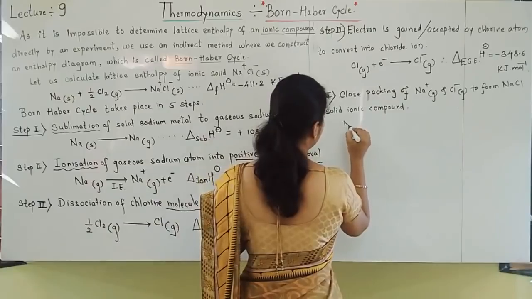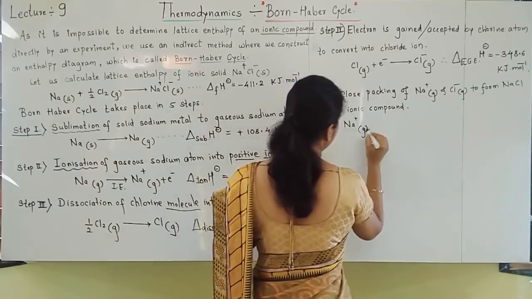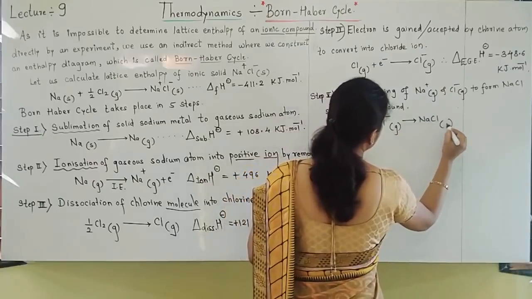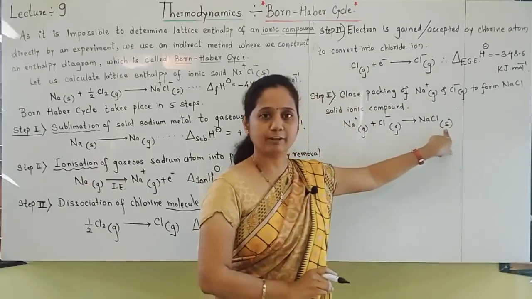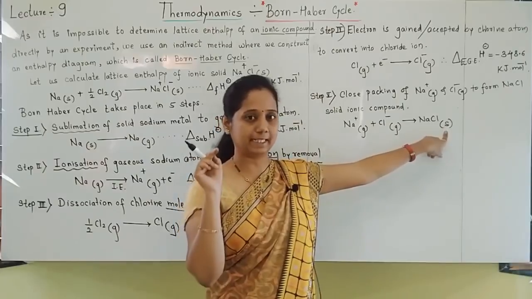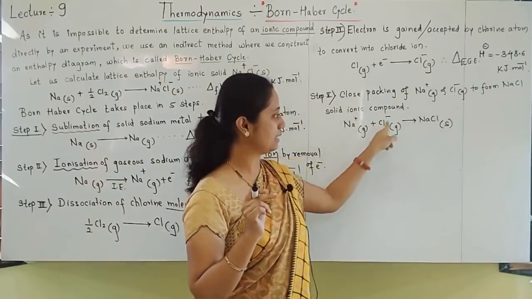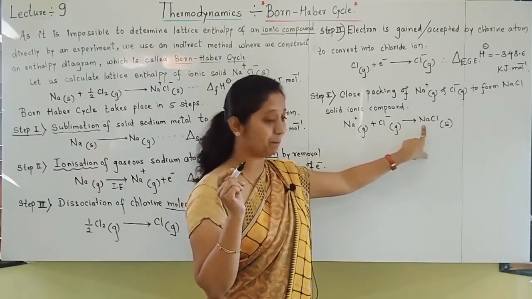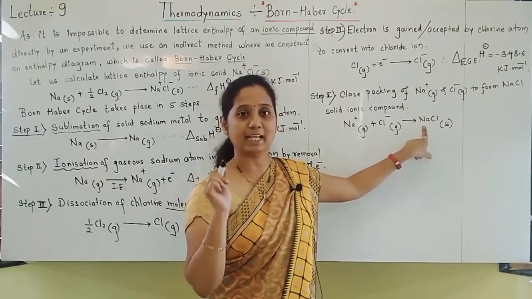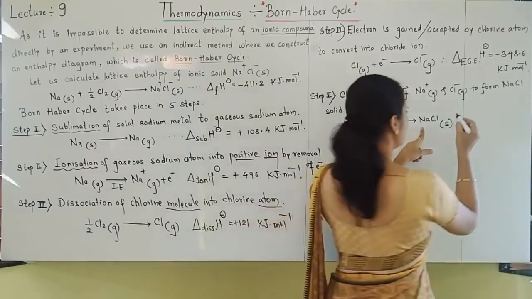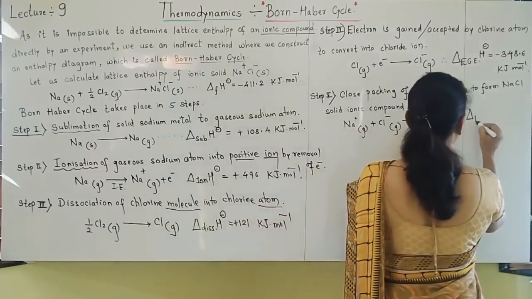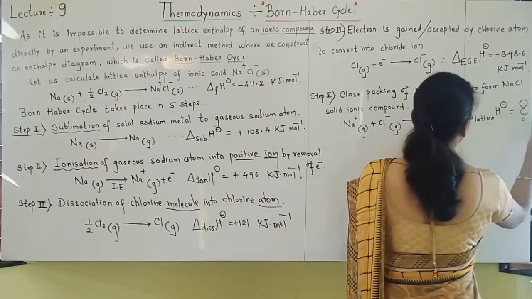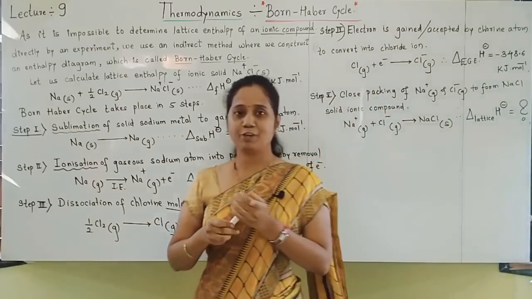So I will write the final equation as Na plus combines with Cl minus, and like this NaCl, salt in our home, is solid. So every time I am writing NaCl, in bracket physical status solid. Na plus combines with Cl minus and forms NaCl solid. Okay, now ionic compound is formed. This enthalpy is called lattice enthalpy. So this we have to find out. How much is lattice enthalpy, that we have to find out.